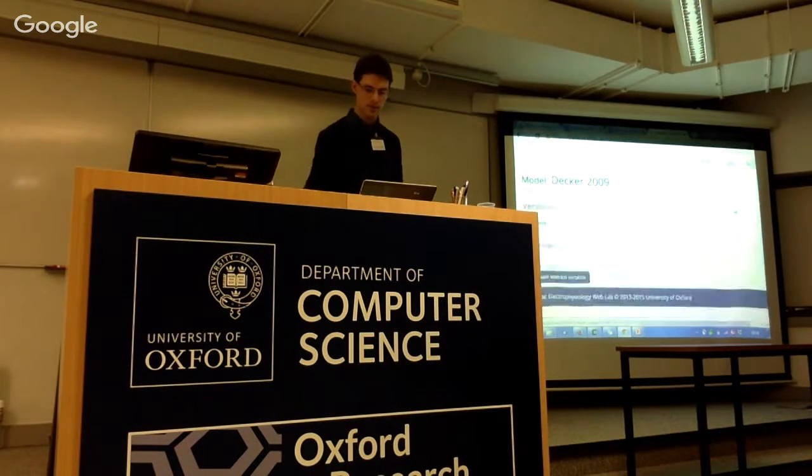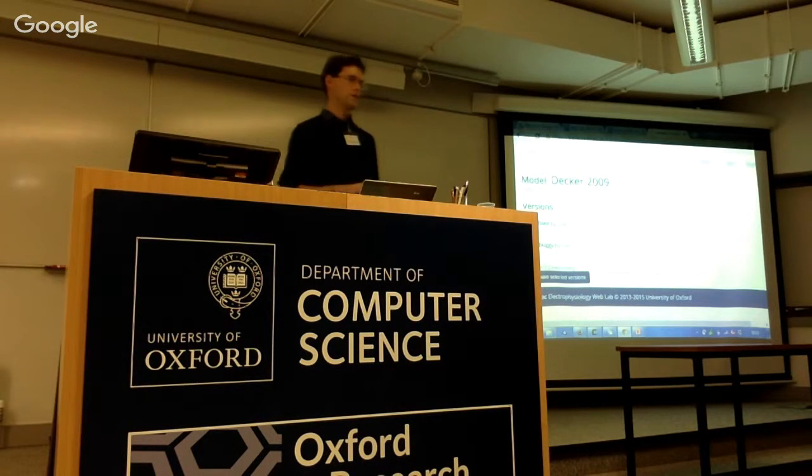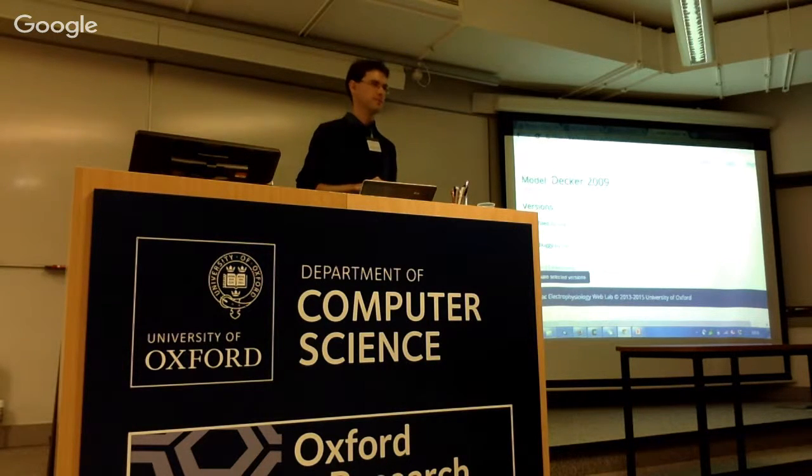So there's a version list here. You can upload a new version with a different parameter, rerun all the experiments, and then compare what they're doing between two different versions of the model. And there are also some tools in there that allow you to compare exactly what's changed between different versions of the model as well.